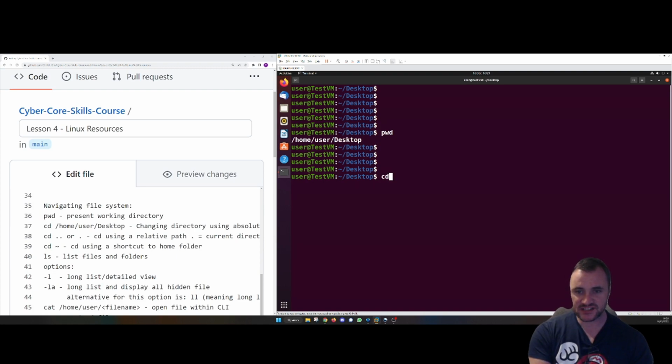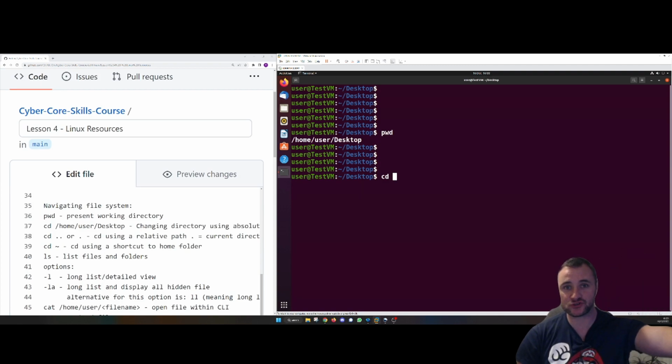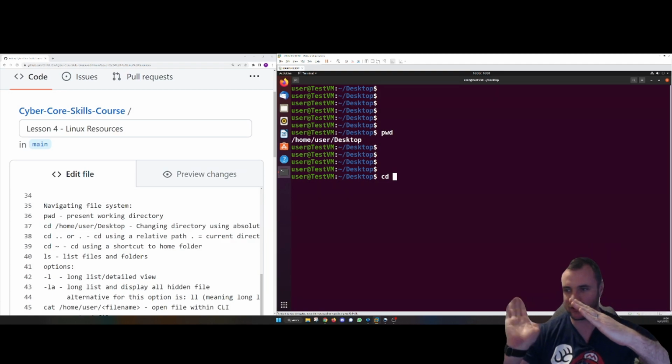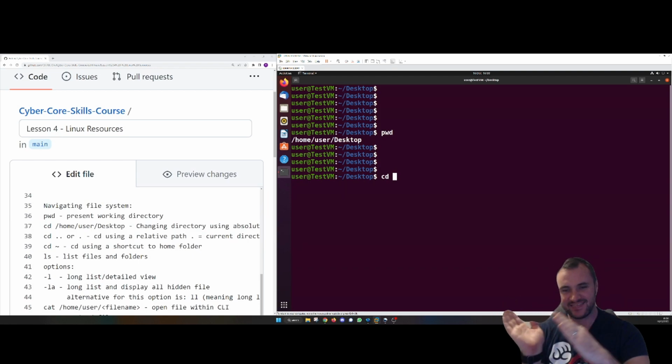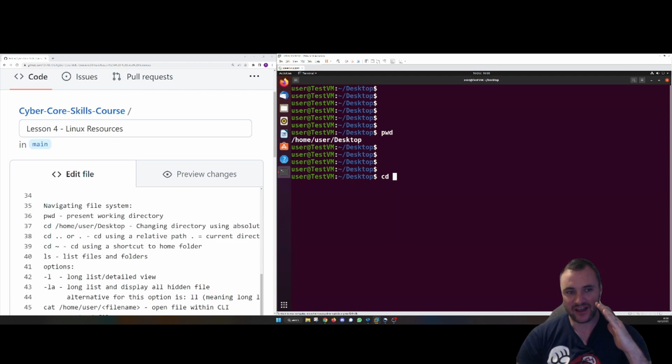So change directory is cd. To change directory using the absolute path, that's from the top of the tree all the way down. If you talk Windows, it's not quite the C drive, it's almost above the C drive. It's My Computer, then the C drive, and you've also got other drives, CD-ROM or DVD. Then you've got, let's say, Windows, System32, and then you can go into your program files from there, or users. Cool, I'll slow down. So let's change directory into our user folder, our home directory, but using the absolute path. So if I type cd, then home,